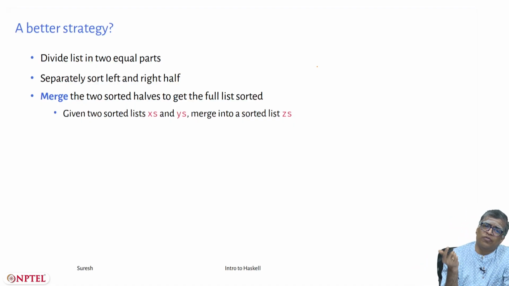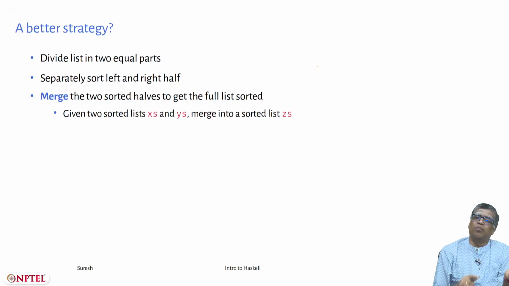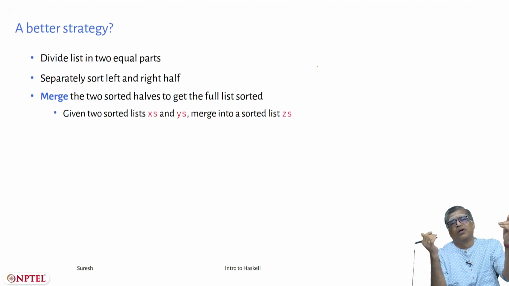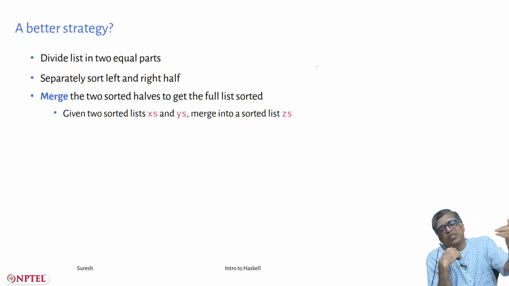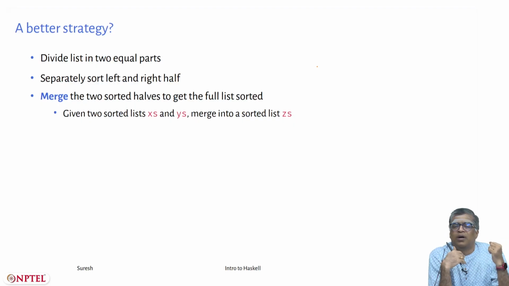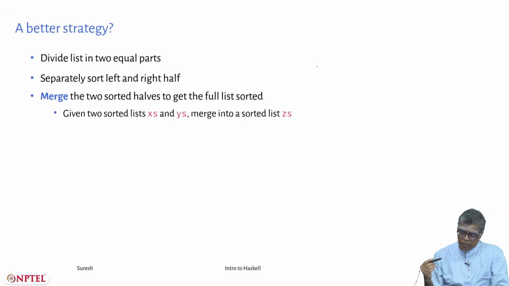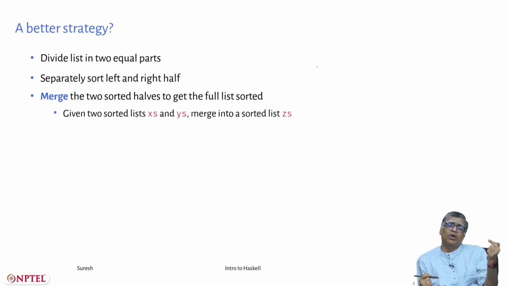You would compare the first girl and the first boy. If the boy is shorter, you will make the boy the head of the merged queue. If the girl is shorter, you will make the girl the head of the merged queue. Then you compare the new first persons in each queue, right? Maybe the girl was put at the head of the merged queue. Now you compare the next girl with the first boy, or if the boy was put, you compare the next boy with the first girl, and you just continue this till one of the queues is completely empty.